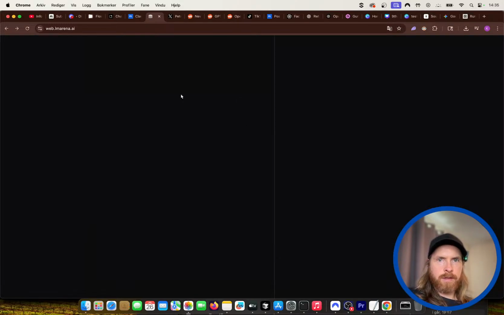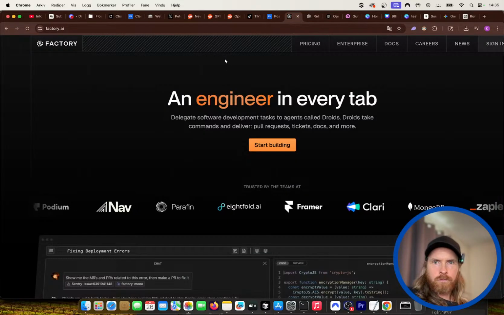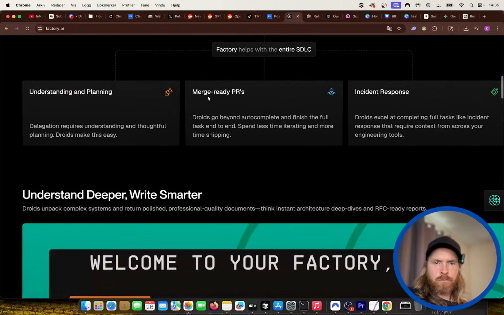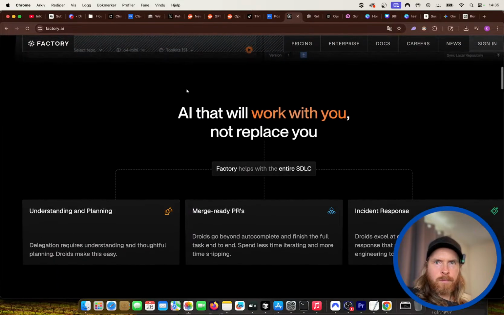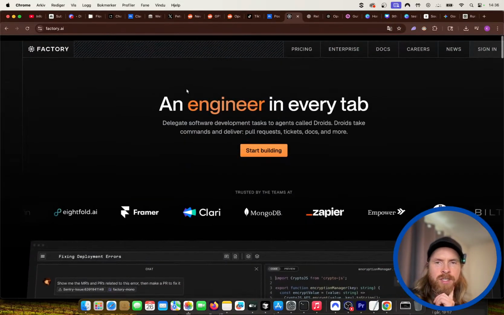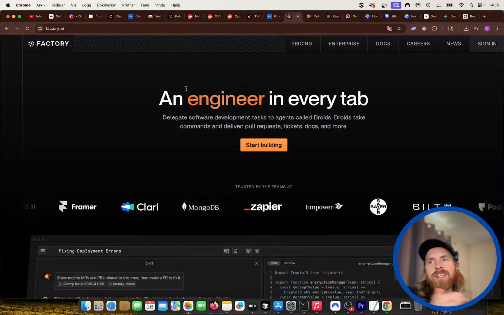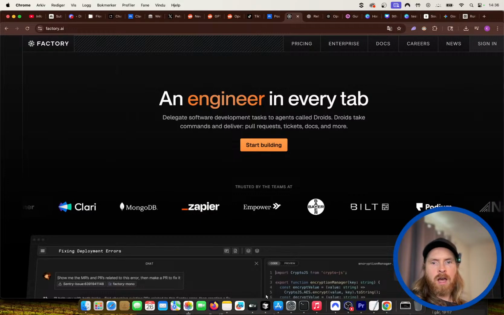I don't know. See what happens. Yeah, it's gonna be really interesting to see what kind of agentic CLI tool, agentic IDE, AI IDE is gonna win.